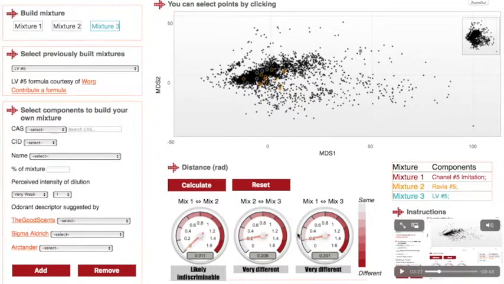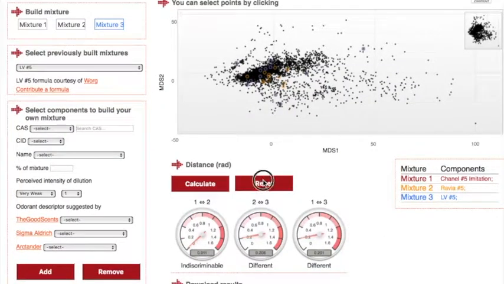So this relates to the legal aspects, if you will, or the copyright aspects of our manuscript, where you can see that we can generate 2 mixtures with no overlapping components that will be likely indiscriminable, or 2 mixtures that have exactly the same components but a difference of intensity only in one of them, and they'll be very different from each other. Now let's hit reset